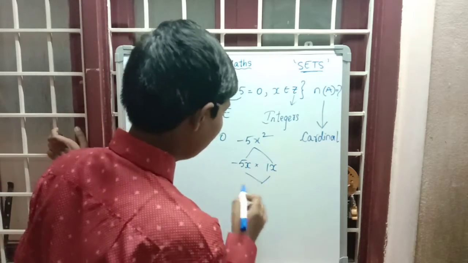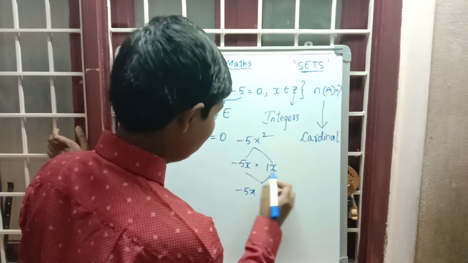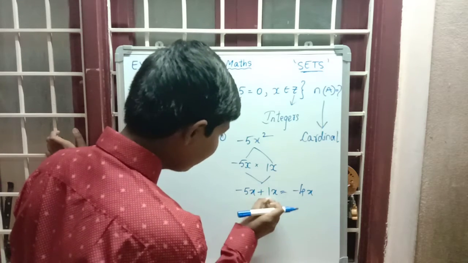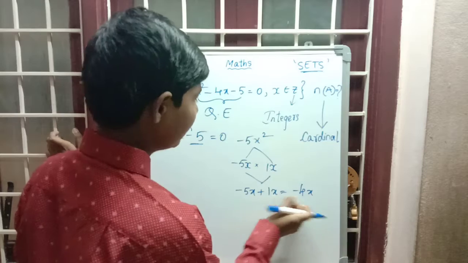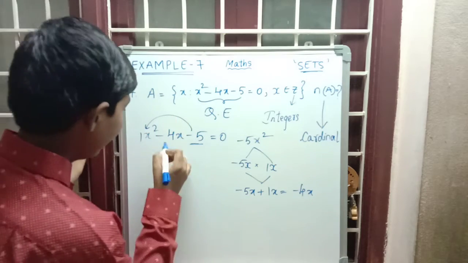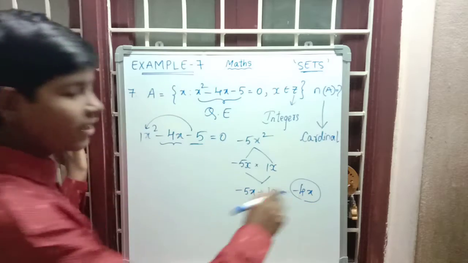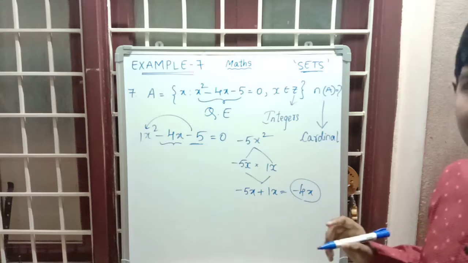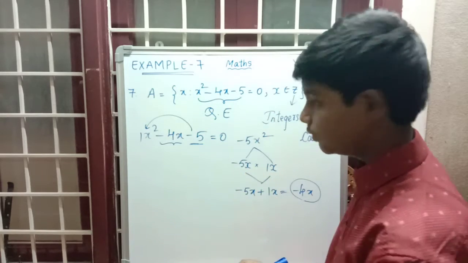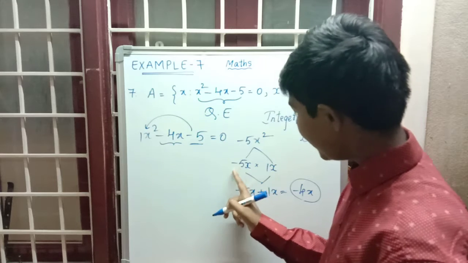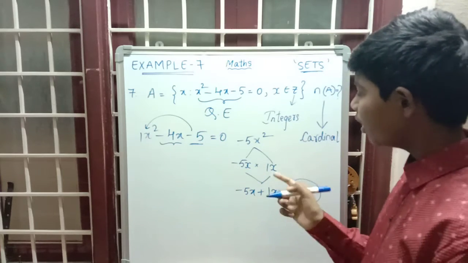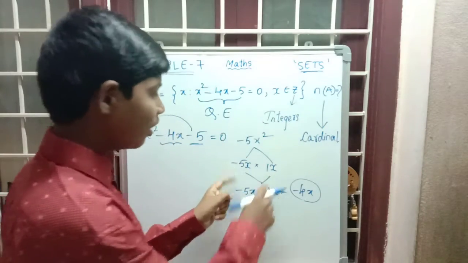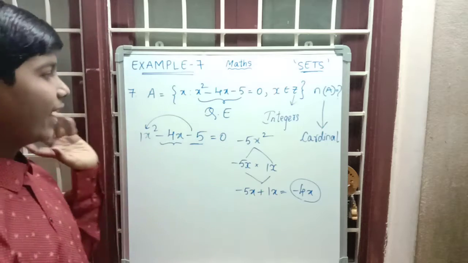Now the second step is, we have to add these. Minus 5x plus 1x, what is the answer? Minus 4x we will get. Minus 5 plus 1 is minus 4, x will come. See, this minus 4 is there, and we also got minus 4x. Yes. So here these are not the final zeros. What are the values here? We are taking minus 5x as one number, and the second value is 1x. If we take only these two values, then in step 2 both conditions are satisfied.